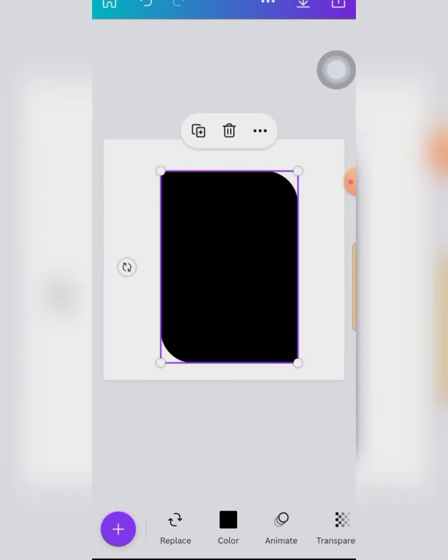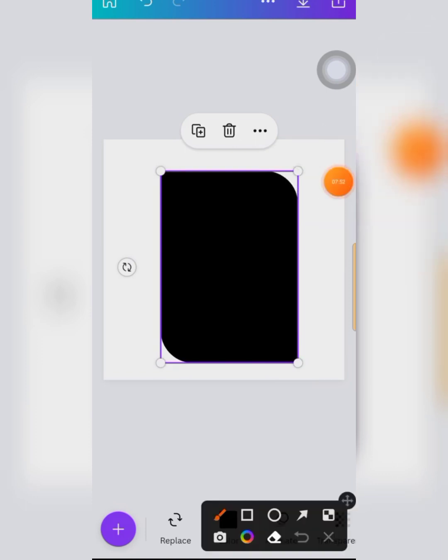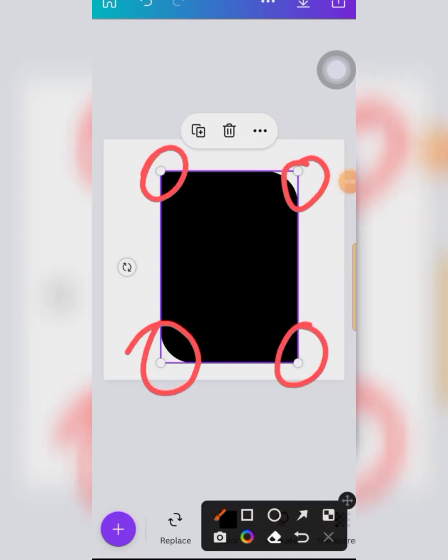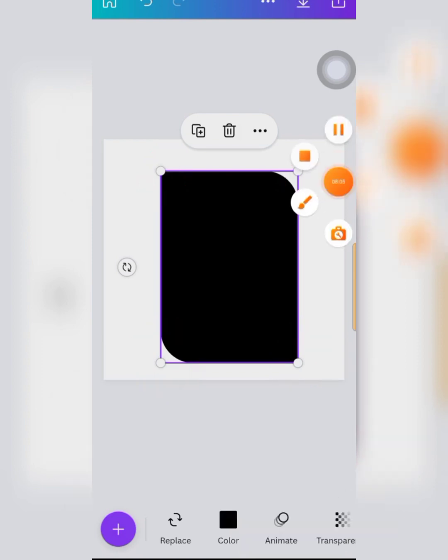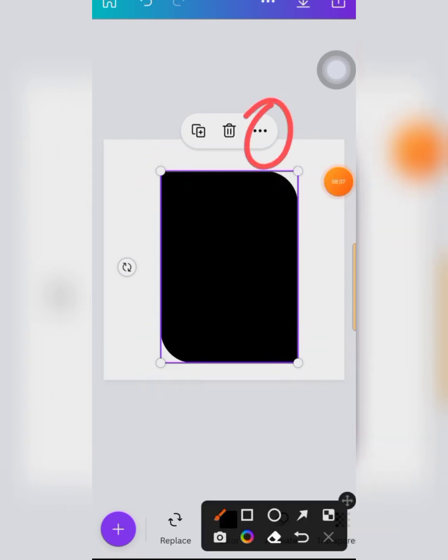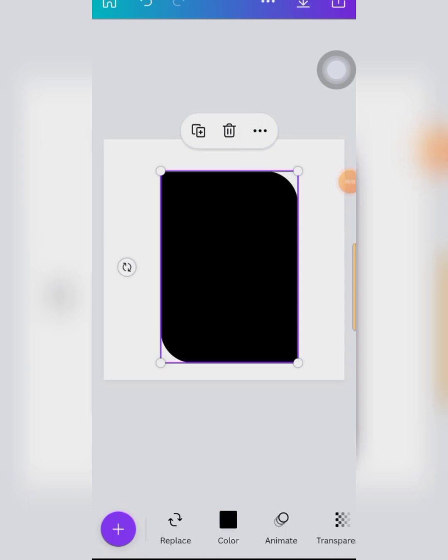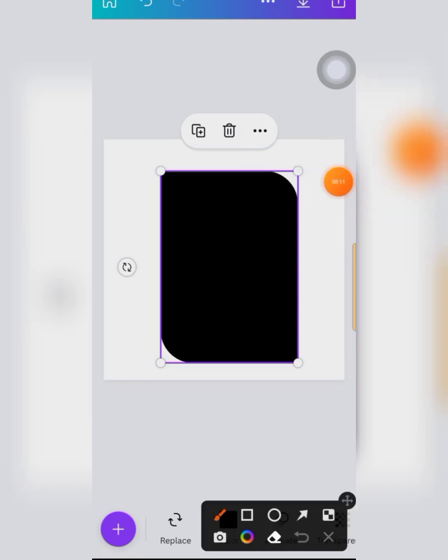So I will increase this one a bit. Once I increase it, look at how I'm increasing. I can increase from here, from here, from here. After increasing it a bit, it's now bigger than the frame. So what I will do is go to this point. Once I click this small arrow, or preferably all this rolling down here,